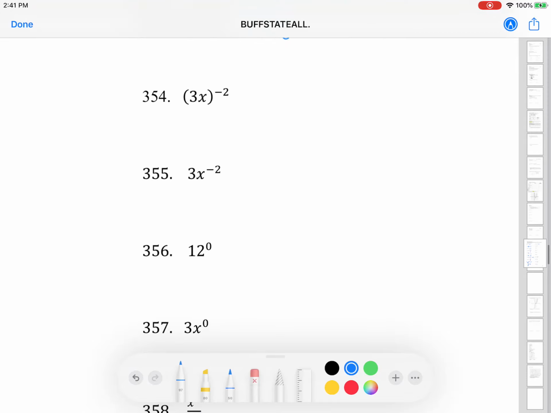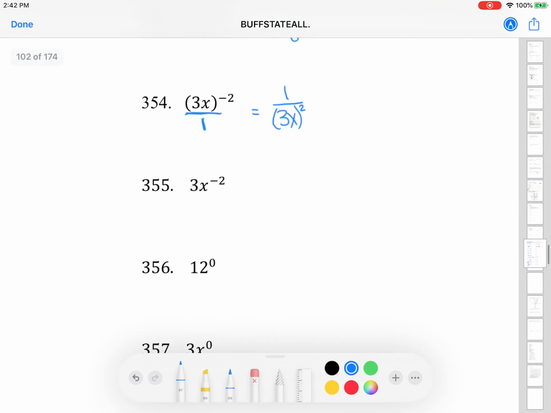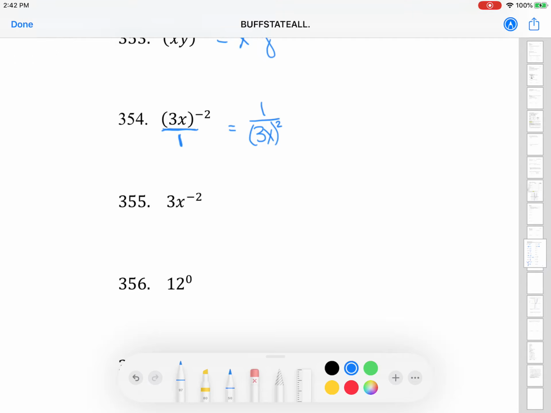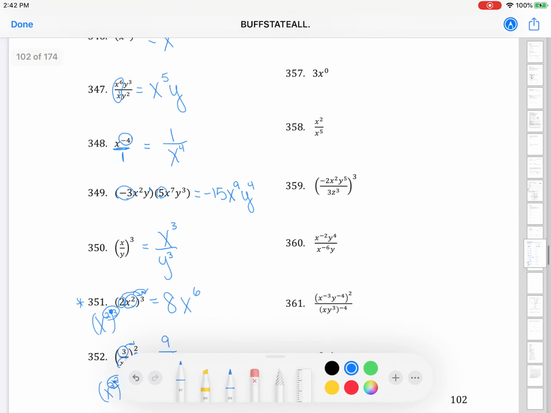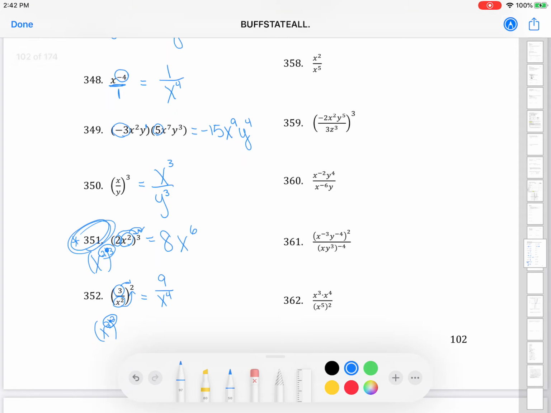All right, these next 3 or 4 examples are pretty tricky, okay? 354. Everything in the parentheses is being raised to the negative 2nd power. I have to use my negative exponent rule. So I first start by turning this into a fraction by putting it over a 1. Then what I'm going to do is flip it, so 1 over 3x, but I make that a positive 2. This one's tricky because it's the first example we've had so far where we're actually not done because I can simplify this further. On the bottom, this is set up a lot like 351,